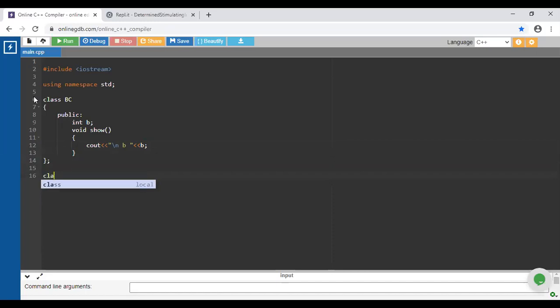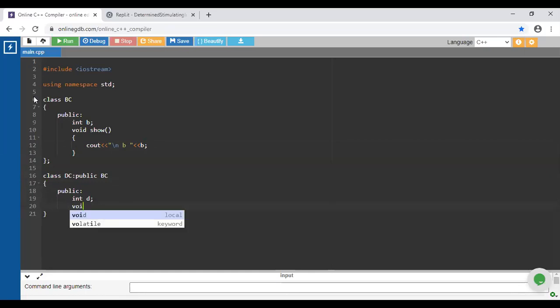Now moving towards the derived class, DC. This particular DC is going to inherit public BC, public as a base class. Next, inside the public scope, I use one more variable, d, and I'm using the same method, void show.